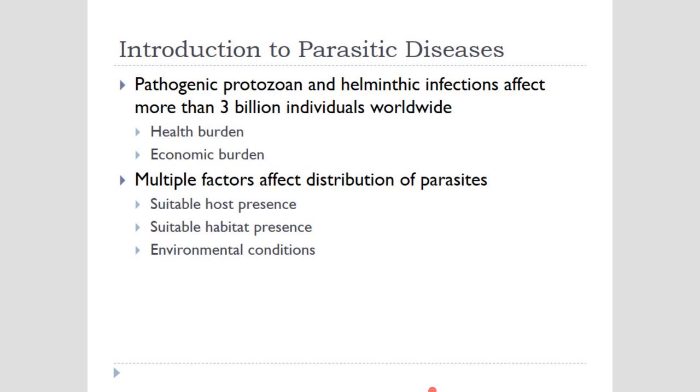There has to be a host there for the parasite to provide food. Then again, it has to be a suitable habitat present. This could be, like I said, tropics and subtropics, because part of the reproductive cycle is going to happen in that ecosystem. And then finally, environmental conditions have to be favorable or unfavorable, so to speak, in terms of